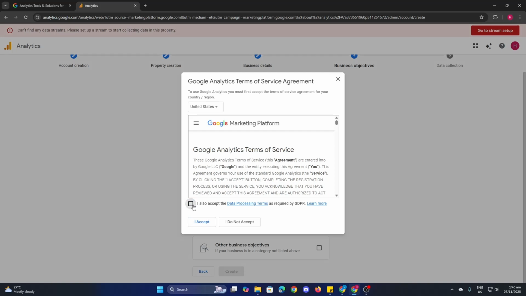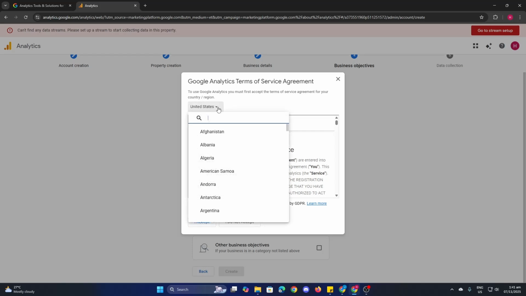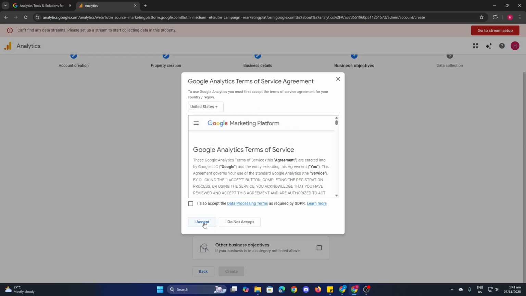Oh wait, this is optional. If you want to accept the data processing terms as required by GDPR, you can just click on this one. But if you don't want that, that's fine. You can just click on I accept. And of course, you can change your region here as well. And then after that,